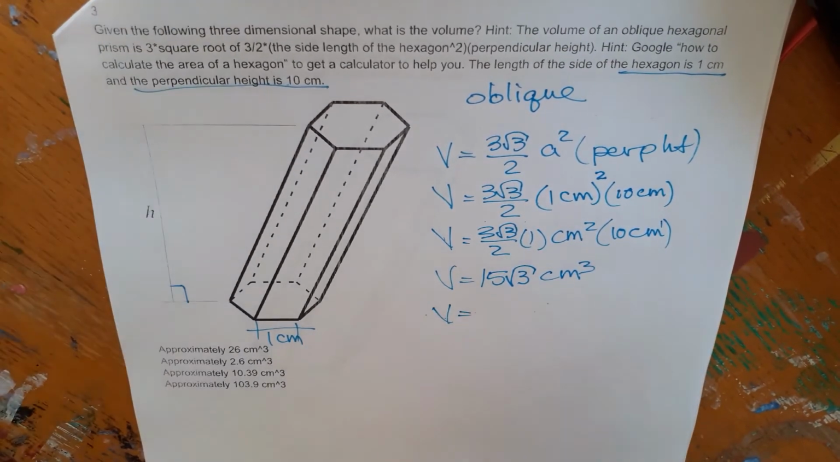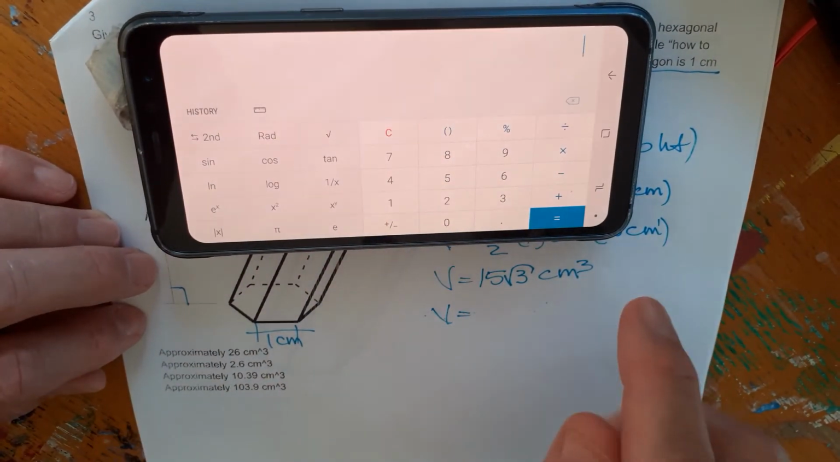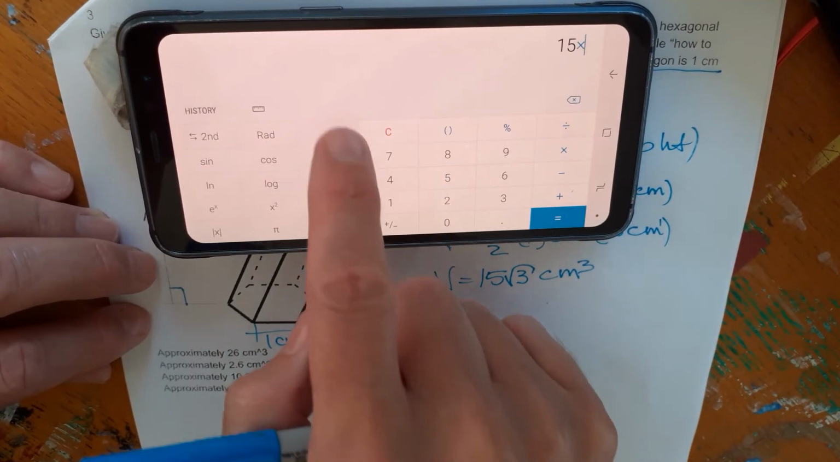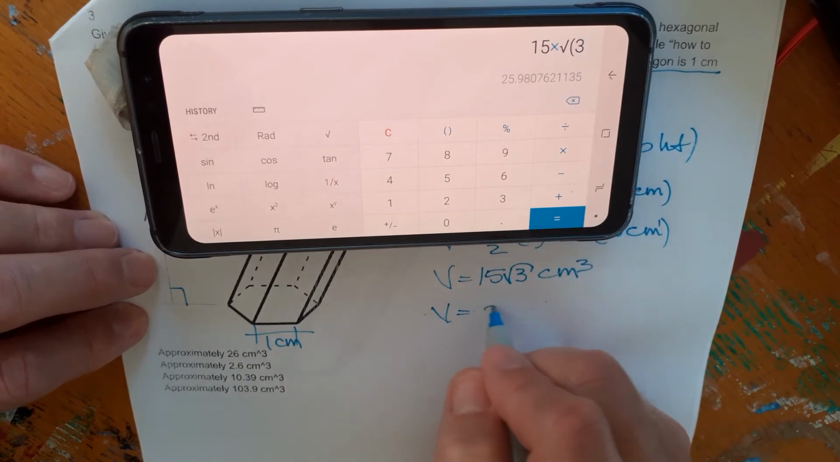Volume equals, looks like we're going to use our calculator again. Interesting, on some we just leave it pi, some we use our calculator. That's good because we get a variety of practice. Times square root of 3. Okay, looks like 25.98